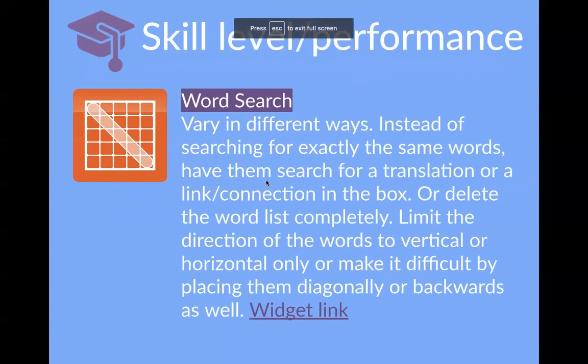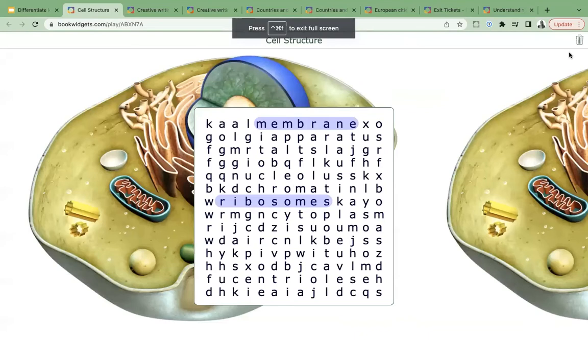Okay. You can also create a word search, and inside a word search, you can also differentiate. You can make it harder and you can make it easier for your students. Let's take a look. Of course, I did it already. So in this case, a word search